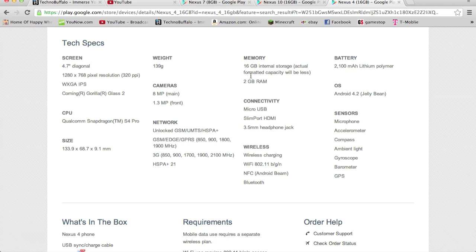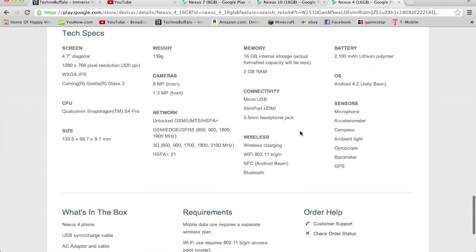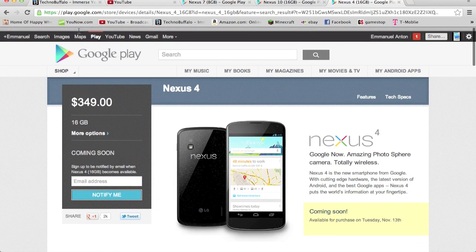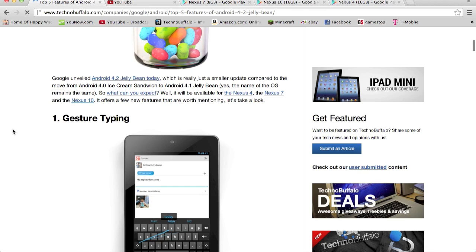Oh, yeah, you're right, I told you earlier that. 2GB of RAM. Has micro USB, slim port, HDMI, and a 3.5mm headphone jack. Wireless charging. NFC, all that. 2,100 milliamp battery. Has Android 4.2 like all the other Nexus devices that were announced today. And the only really cool new things